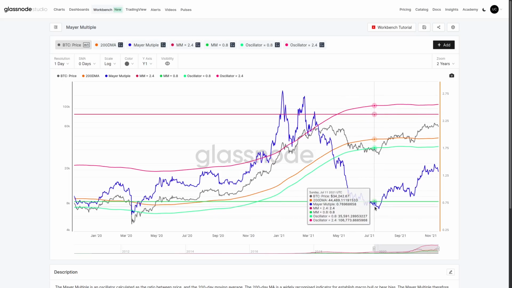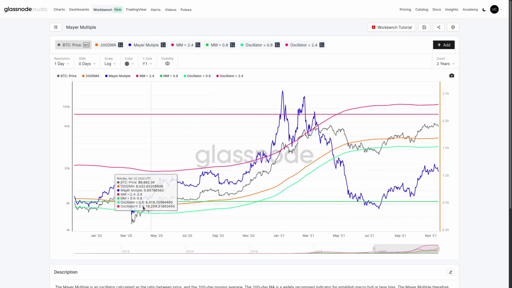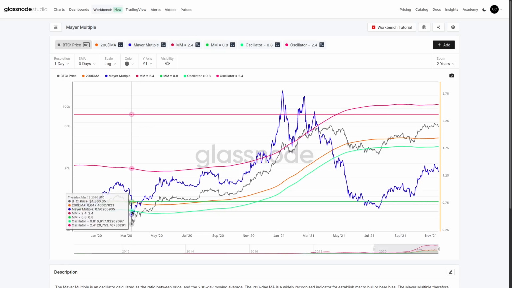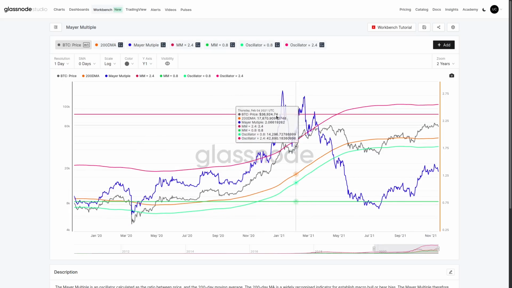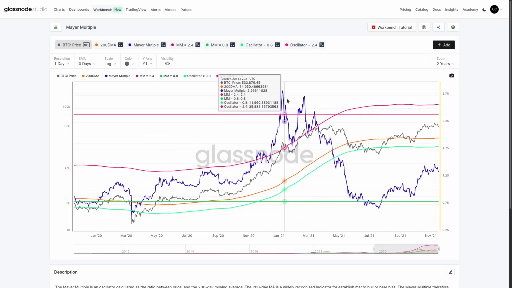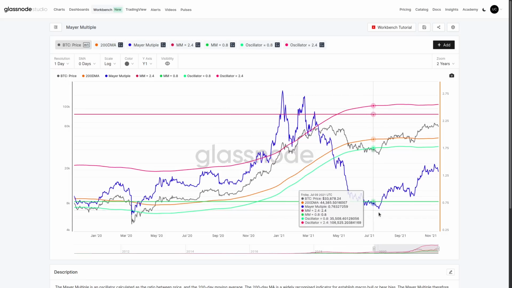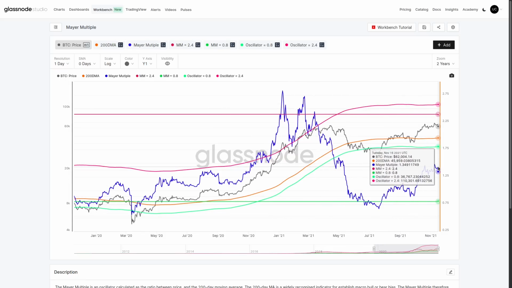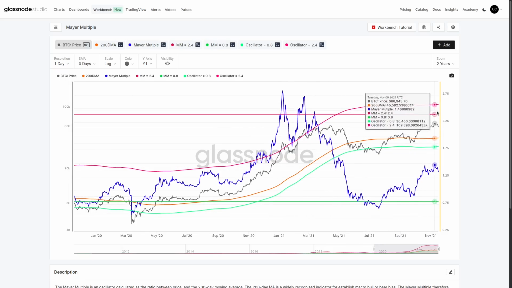So it kind of shows that if we consider the Mayer multiple being this long-term oscillator, you can see back here in March 2020, it also fell below that level. It provides this kind of general slingshot where it's bouncing between overvalued down to undervalued, and we're currently halfway through the journey, if this cycle does tend to repeat, towards getting back up to the top. And remember that as the 200-day moving average moves around, because it's a non-stationary metric, these bands will also adjust accordingly. So the Mayer multiple is a really cool tool that uses some statistics and maps out what is an unlikely event to the upside or to the downside.